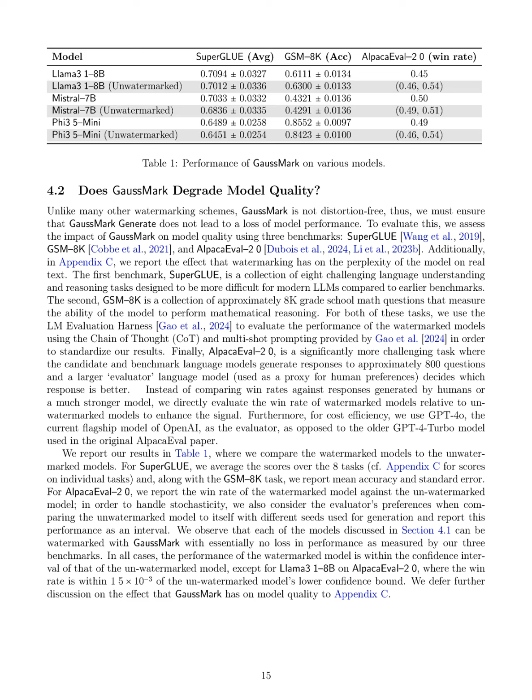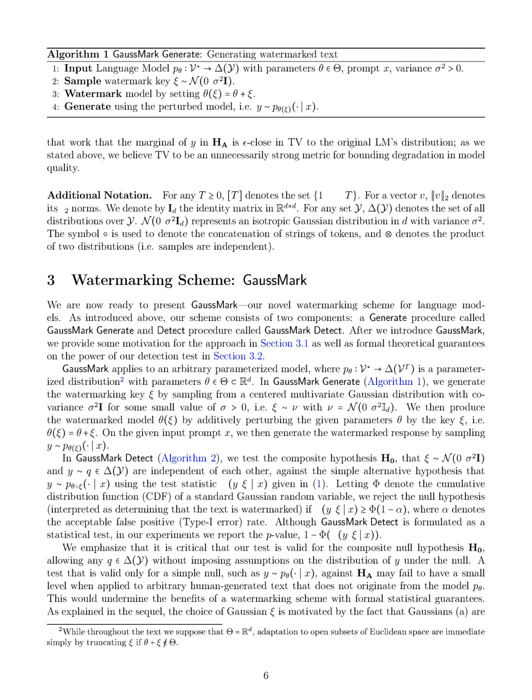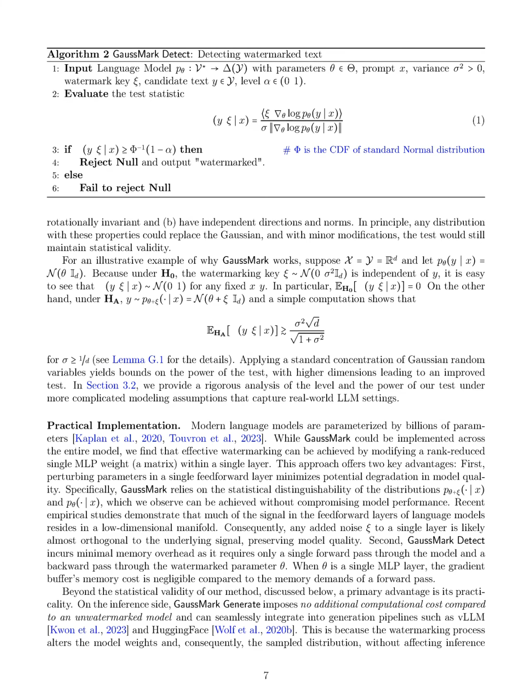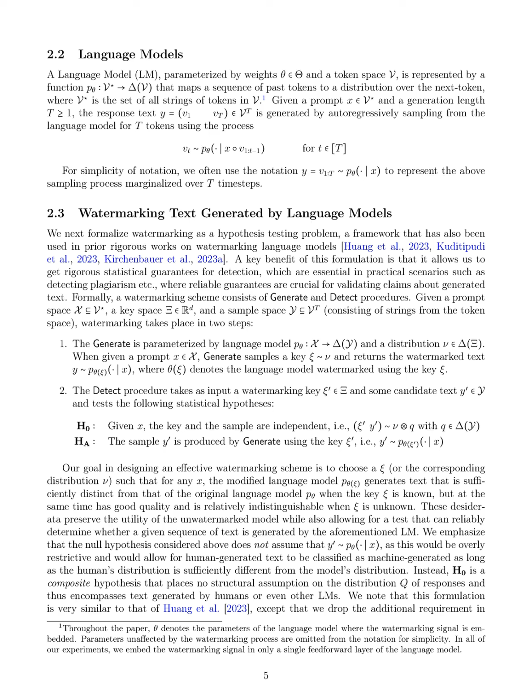The proposed 2-number-2 watermarking method consists of two main components: the generation procedure, denoted as 1-number-1, and the detection procedure, denoted as 3-number-3. 1. Generation, 1-number-1. The watermarking key is generated by sampling from a centered multivariate Gaussian distribution with a specified covariance. This key is then used to perturb the model weights by adding the sampled noise to a single feed-forward layer's parameters. When a prompt is provided, the model generates watermarked text by sampling from the modified distribution, which incorporates the